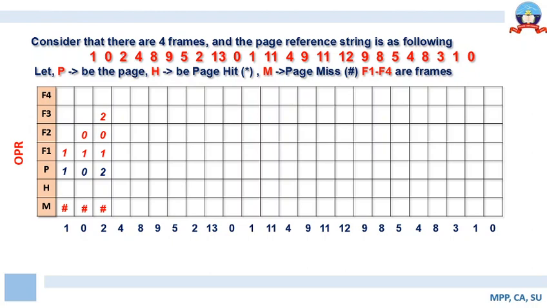Again we have a page miss. Then after 2 we have a request for page number 4. So page number 4 is not available in the memory, so page number 4 is brought into the memory. Again we have a page miss here. So for these initial 4 pages, which are 1, 0, 2, 4, we need to simply place the page from